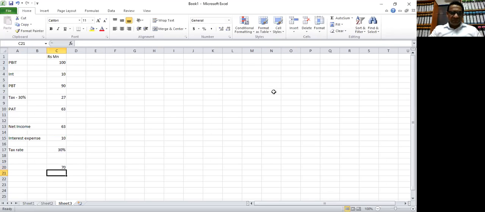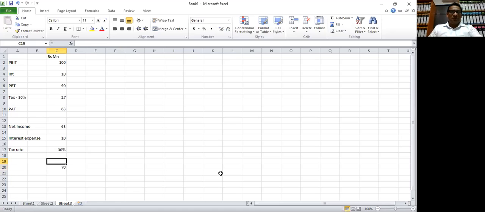Okay, you all are giving different definitions, but I wanted the value. So this is how you calculate it. To net income you are adding interest, but you are taking the interest after the tax benefit, because on the interest the company is getting a tax benefit. So basically you are taking the net interest expense. Net income is 63, gross interest is 10. On the gross interest you are saving tax of 30%, so your tax benefit is 3 and net interest is therefore 7. So net income 63, net interest 7. This value is 70.